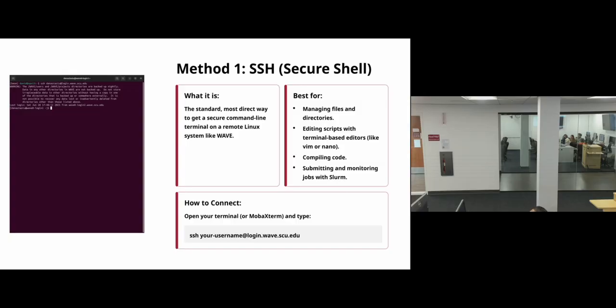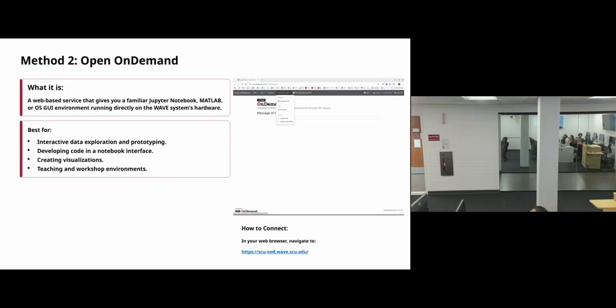So this is best for managing files and directories, editing scripts with terminal-based editors, compiling code, submitting and monitoring jobs with Slurm, and so on and so forth. And then method 2 is Open on Demand. So this is best for interactive data exploration and prototyping, developing code in notebooks, creating visualizations, teaching and workshop environments, and things like that.